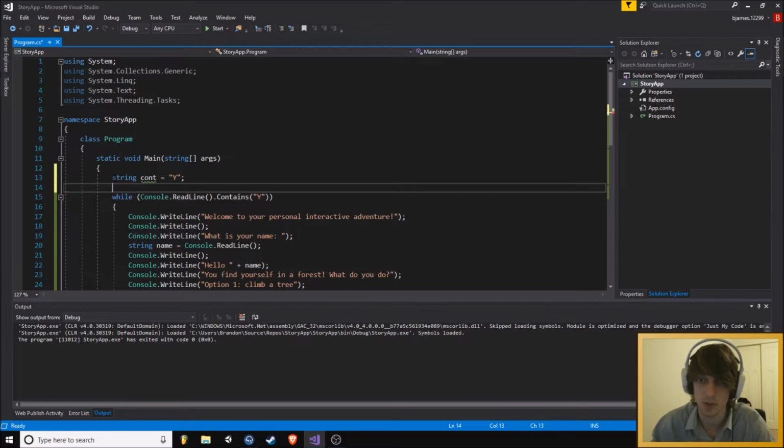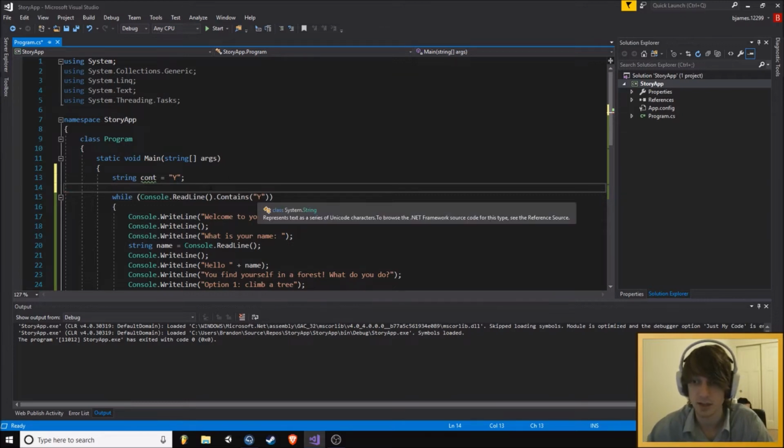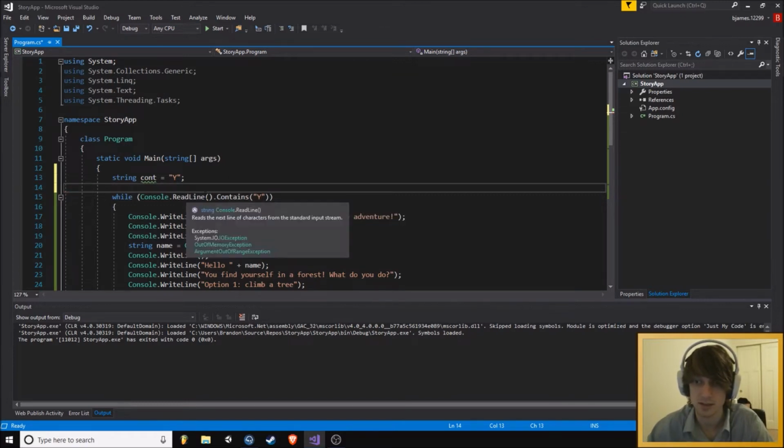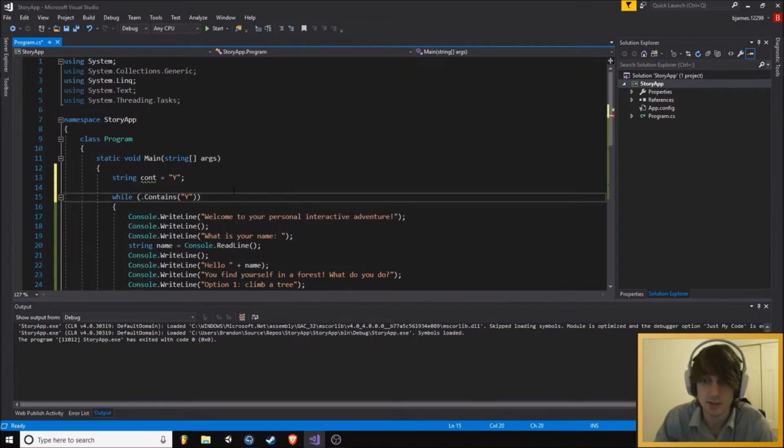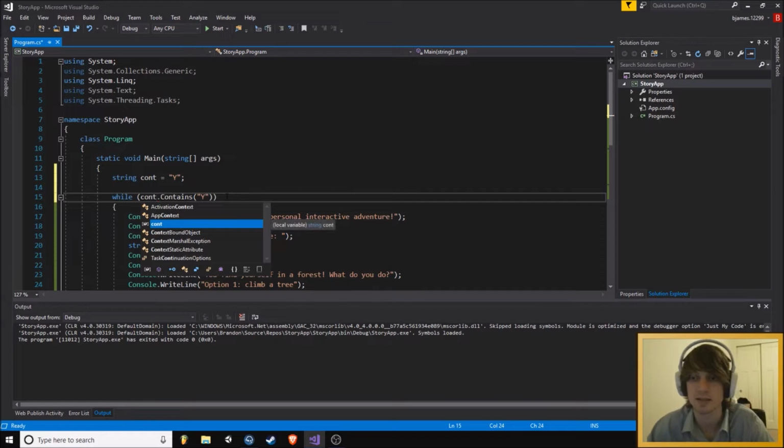So it starts on y. And then what we say here is, well, it's not an if statement. The while statement has a conditional statement in it, so it is effectively an if statement, but I'll explain that later. So while cont.contains y,